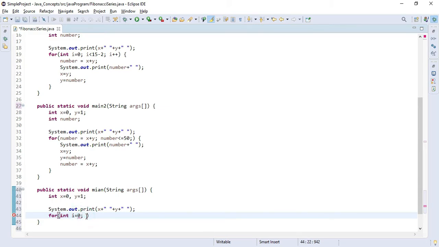So to do that I will be less than 10 minus 2. So you must understand why I'm using this minus 2, because we have already printed the two values, that's why.